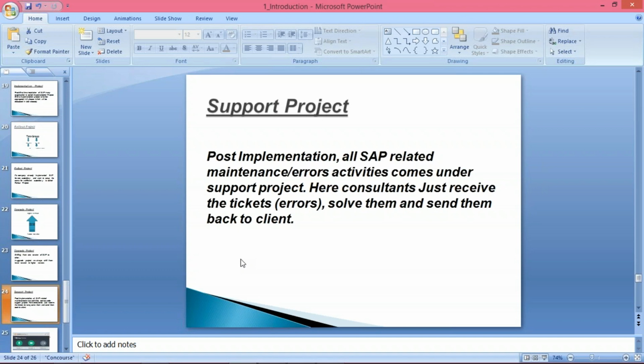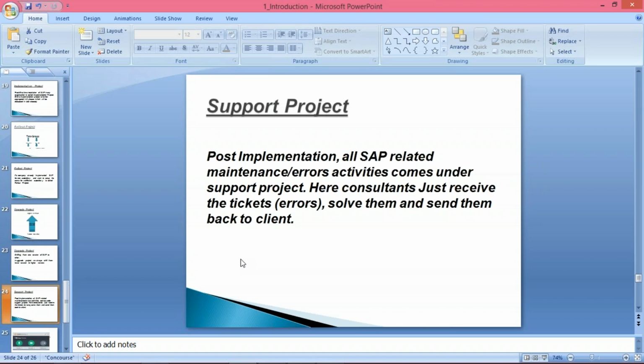Support means Tata Motors will pay, let's suppose, every year some amount like 2 crore, 4 crore, 5 crores. It depends upon the organization and its size. Anyway, this discussion will happen at a higher level, where higher management will discuss how much amount they want for support. Let's suppose Tata Motors has given this support activity to Wipro Technology. So Wipro Technology is going to hire a team of consultants, let's suppose 20, 25 or 30 people. There will be a team of 30 people.